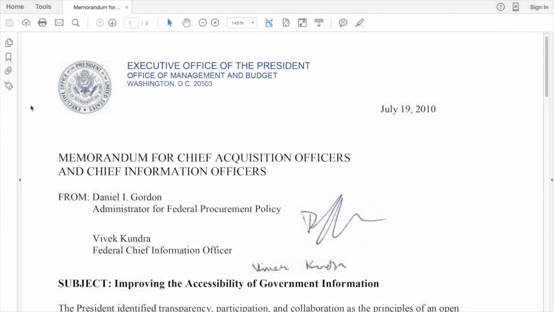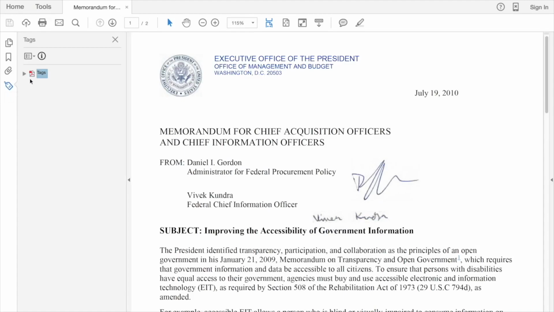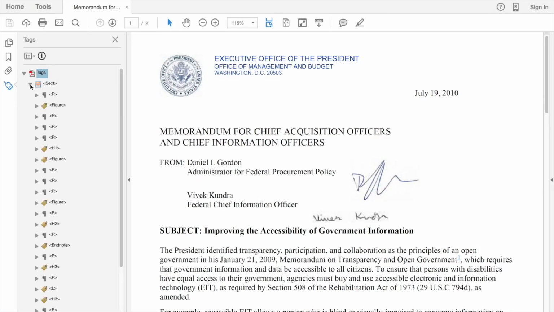Let's open the Tags pane from the left tray by clicking on the Tags icon. When there's tags in a document, you'll have a label that says Tags, and hopefully you'll have a drop-down arrow next to it. This just lets you know that there are tags in the document. The very next tag should be the root tag. This tag tells you that you're looking at a document. Anything other than something that tells you that you're looking at a document is incorrect. Since we're looking at the whole enchilada here and we're not looking at a section of it, this is clearly the incorrect tag to use.